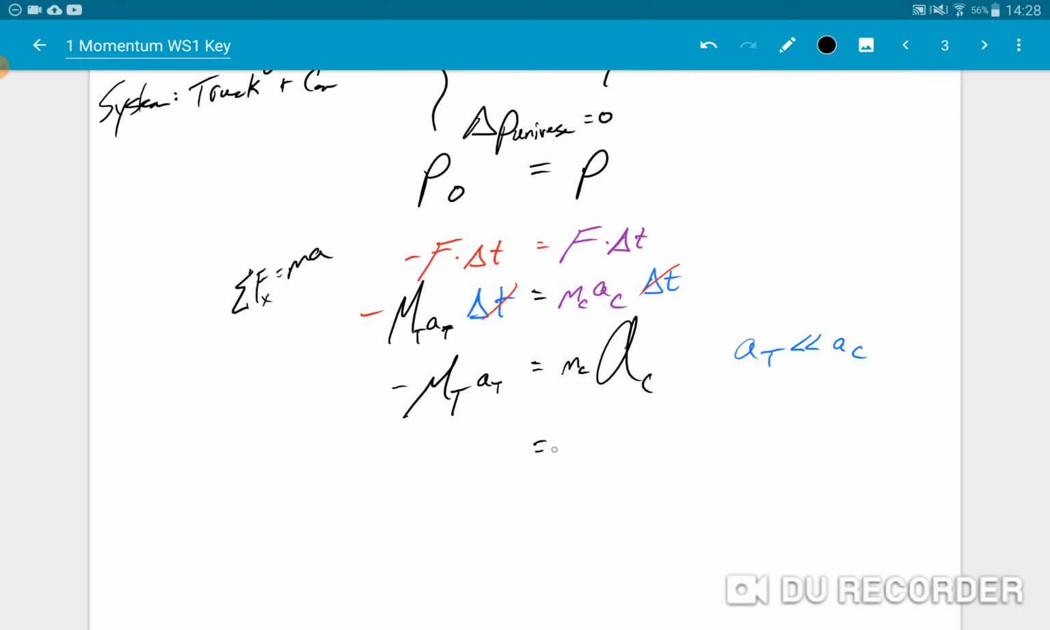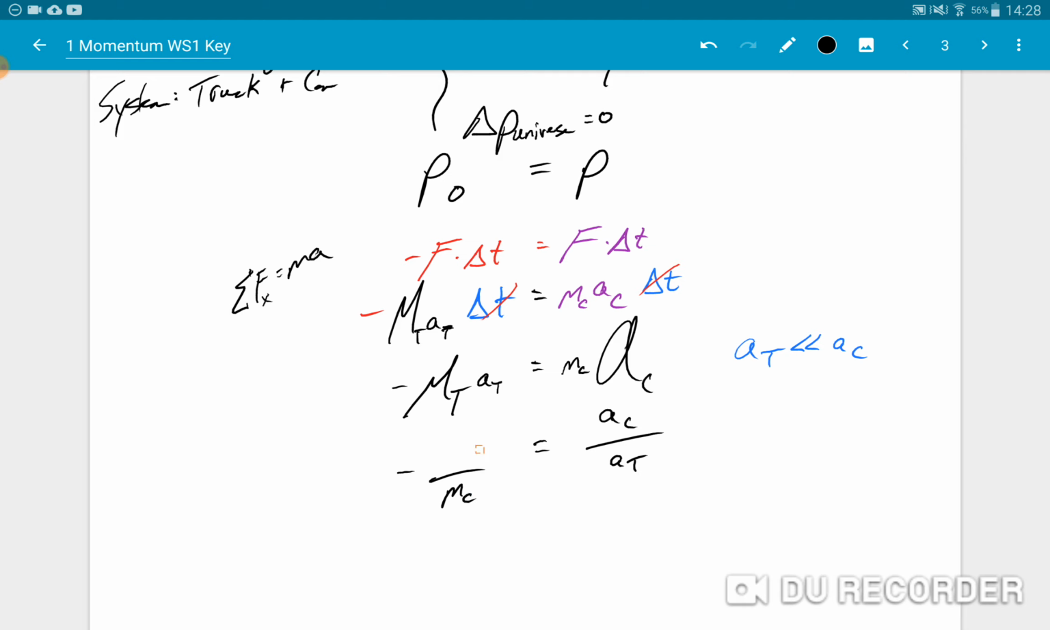Well, we'll look at it in terms of ratios. I'll divide the mass over to one side and the acceleration over to one side. So I'd have the mass of the truck divided by the mass of the car is now equal to the acceleration of the car over the acceleration of the truck. And so now I just look at this ratio on the left side here and go, hey, the mass of the truck there,